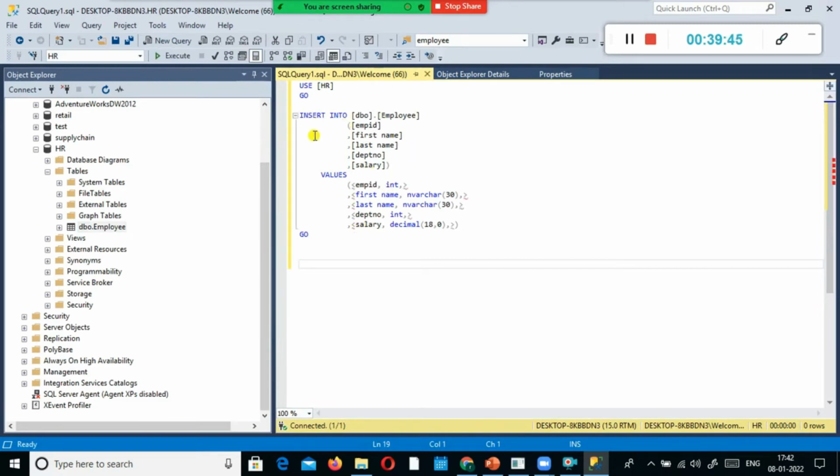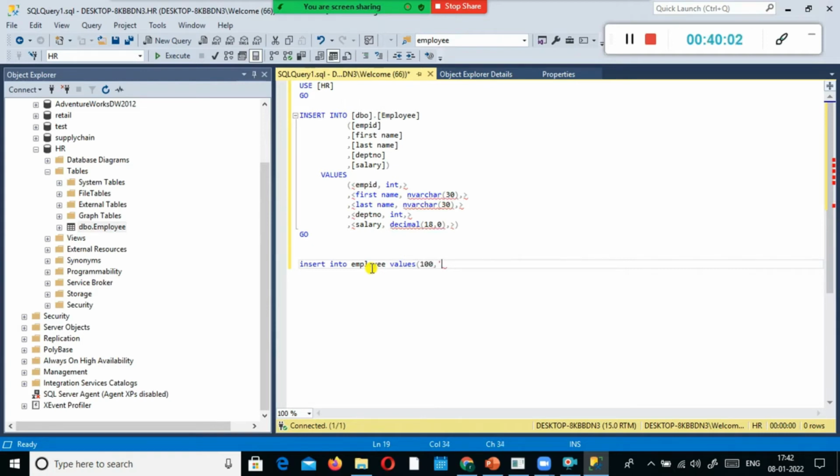So instead of using this one, what I am going to do is use insert into employee values. The employee ID is the integer data type, hence I am going to say 100.